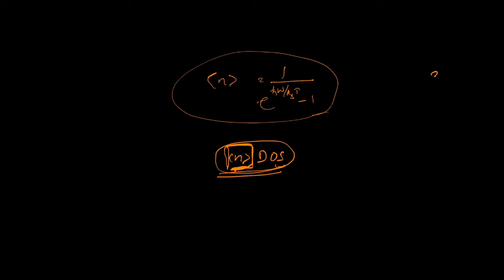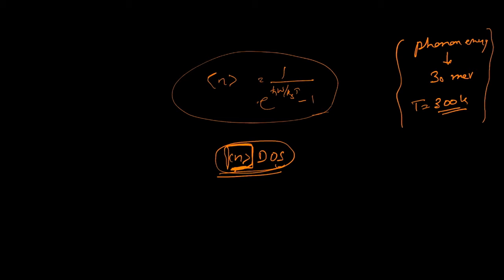Let's say a phonon energy is about 30 MeV, and let's say the temperature is 300 Kelvin. Compared to that, let's say there is a phonon at 5 MeV also. Both of them are not going to contribute equally to the internal energy or to the flux. In what ratio they contribute is what we want to understand. This n introduces the mean occupation factor, showing how much this phonon would contribute compared to that.